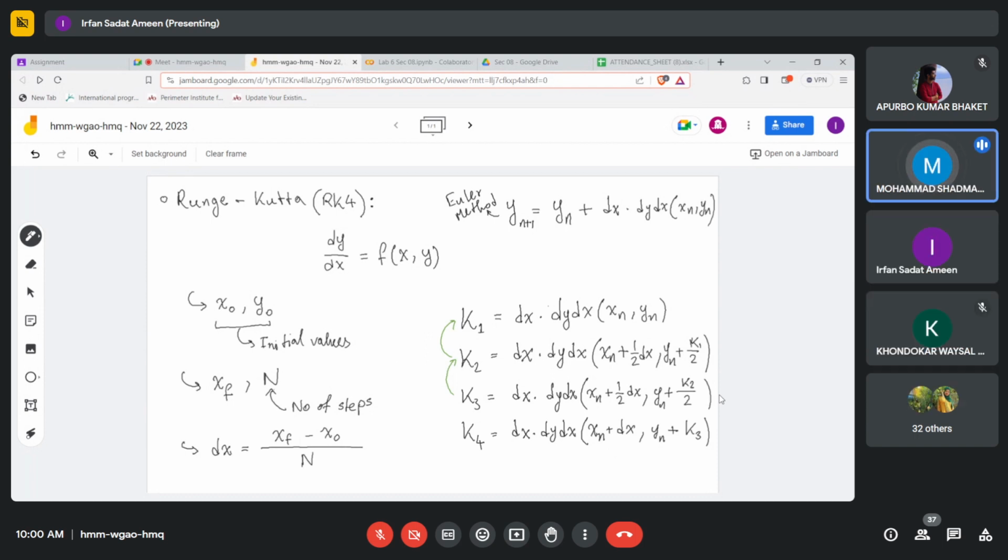K4 এর ক্ষেত্রে হাফটা আসতেছে না কেন, একটু যদি বুঝাইতেন। ওকে, সো মাঝখানে দুইটা স্টেপ হচ্ছে হাফ স্টেপস। সো প্রথমে you find this without any step, that means x অ্যাক্সিসে you are starting from some xn, okay, and then এখানের গ্রেডিয়েন্টটা আমরা বের করতেছি। Then we are taking a half step in x, that is xn plus half of dx. Okay, so half step নেওয়ার পর আমরা কি করতেছি, ওই পয়েন্টেও we are trying to find out the derivative,